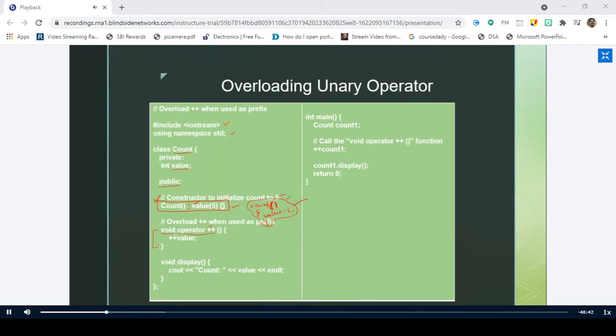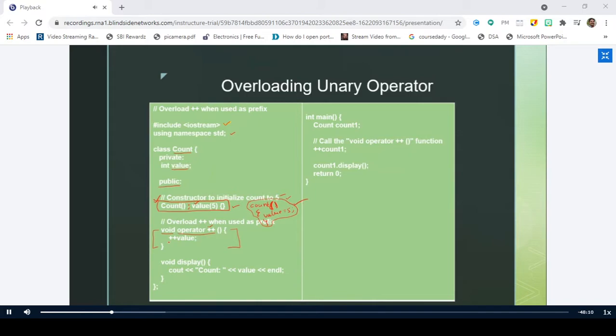So if you go to the definition of the particular operator, is operator function a member function or not? Yes, sir. There is no doubt. Only the friend function is not the member function. Operator function is a member function. Therefore, you can write the code or define the operator function inside the class also. This is an example where I am defining the operator function inside the class.